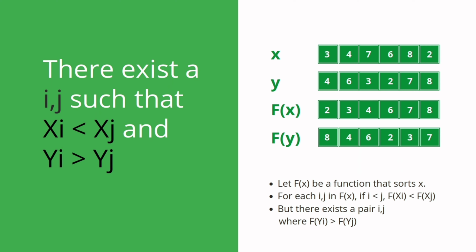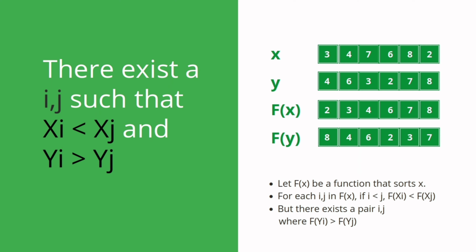If I apply this function f on y, then I get the output 8, 4, 6, 2, 3, 7. Now how is this output? I'll explain. What I've done is a mapping of x to y. If you can see in the x array, we have 3, 4, 7, 6, 8 and 2. And if we track the index, 4 is at an index in y where 3 is at an index in x. That is the first index. Similarly, for the second index, in x we have 4 and in y we have 6, and so on up till the last index where in x we have 2 and in y we have 8.